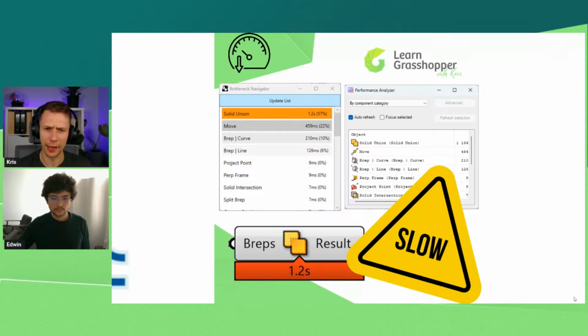Are you using other tools than these two, Edwin? I mainly use MetaHopper, and natively Grasshopper also has the profiler, which you can see in the canvas. You can see directly how many seconds or milliseconds a component is using. So that's a first look in case you are looking at some components directly in the canvas.